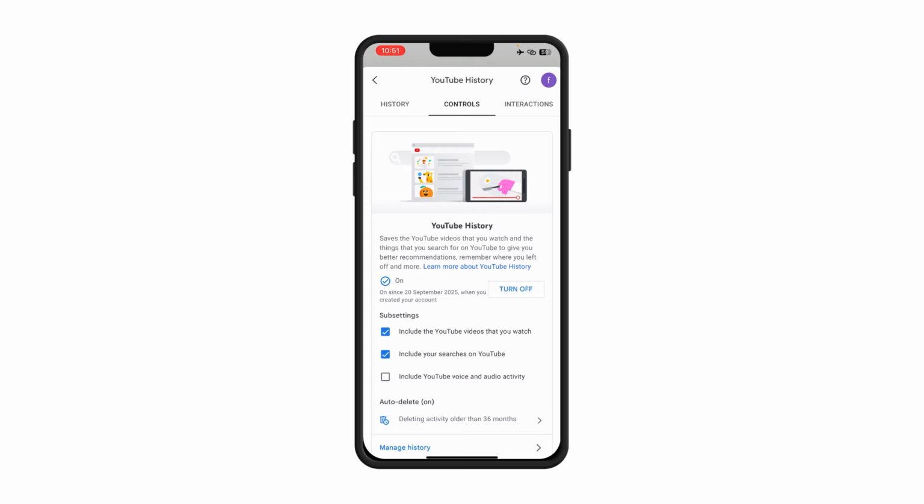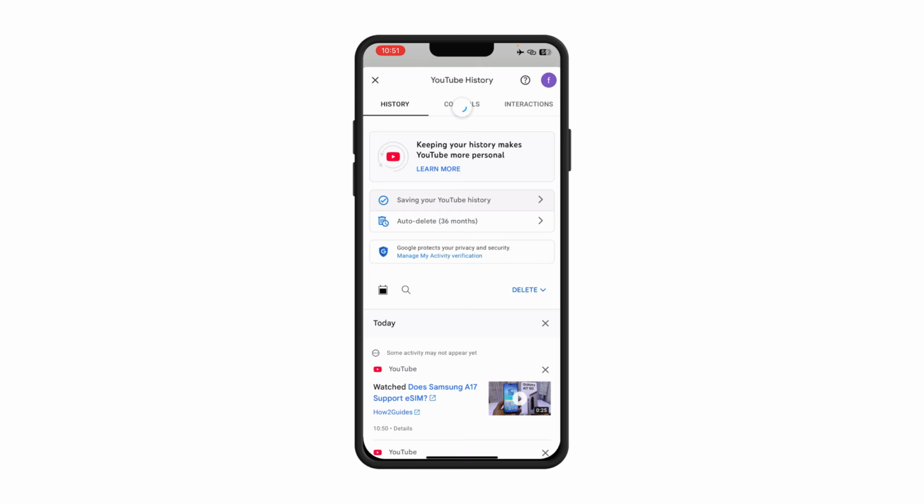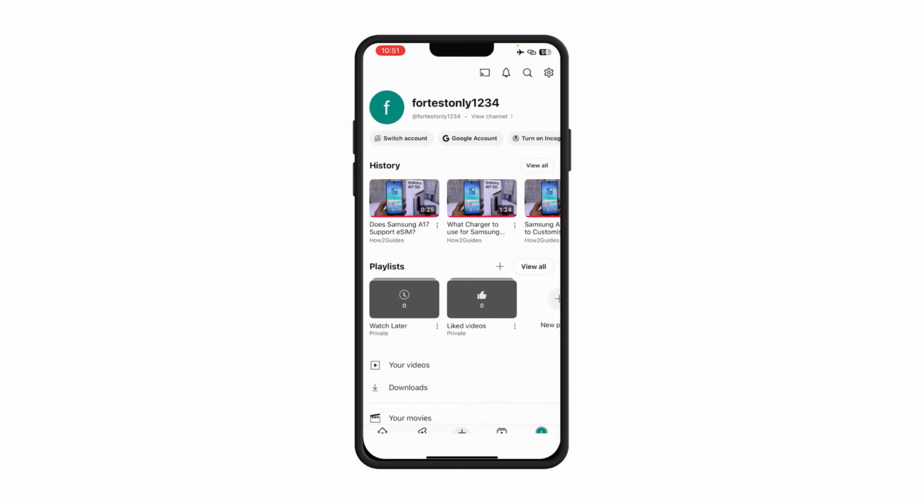So ours is currently showing the turn off because it's currently turned on. But if it's currently turned off, it's going to be showing the turn on. So if you click on this turn on here from this option, you can turn on your watch history on YouTube. And once it is on, you can view the videos you just watched